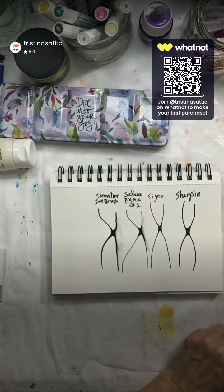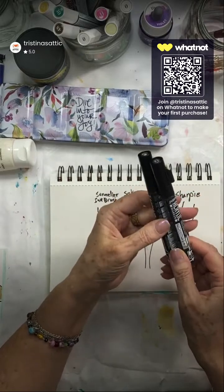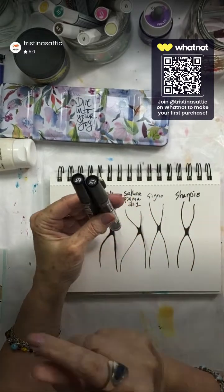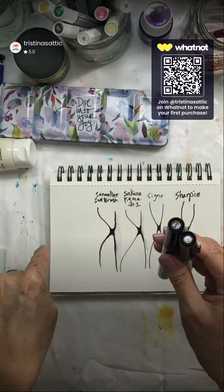All right, what else do I have here? Let's do the acrylic. So with the acrylic pens, what I like to do is take the 1.2 millimeter or the 4 millimeter to do the initial line, and then come in with the next smaller size